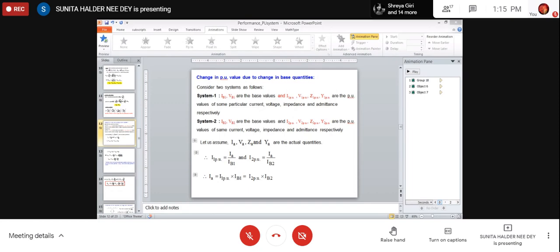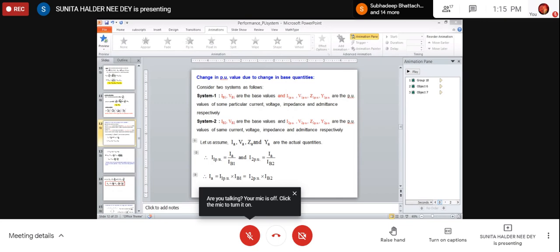Now IB1 or IB2 we can write in terms of volt ampere and volt. So IB1 will be SB1 by VB1 and IB2 is SB2 by VB2. Conjugate is not there because they are base quantities. If you conjugate that, it is a power factor like 1, so actually this is meaningless. So it will again come the same.